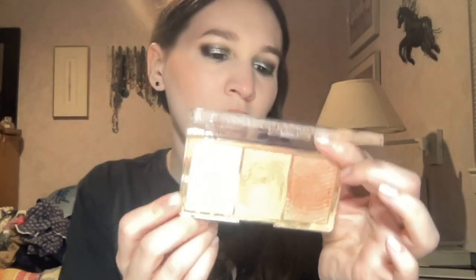This is the Milani Rose Glow Stellar Lights highlighter palette, and I just went into all 3 shades in here. I just mixed them all together. These are the shades Pearl, Golden Quartz, and Rose Gold. This is a beautiful highlighting palette. I don't even know if they have this available anymore, but it's a stellar highlighting palette. And then I just set my face again with the Milk Makeup setting spray, and then